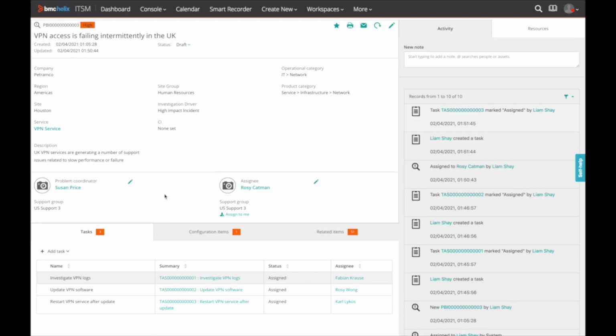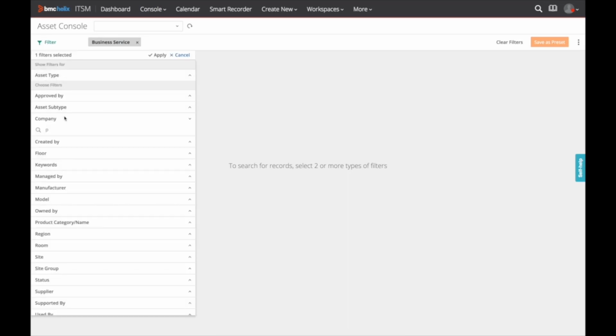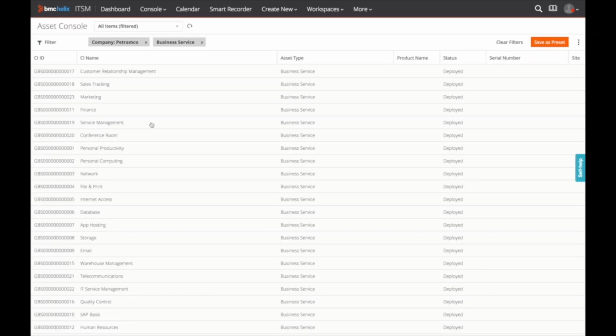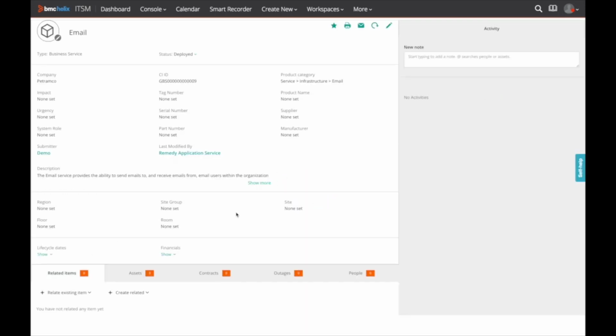Okay, one of the most interesting forms for us to convert was the asset form. You may be familiar with mid-tier having a single mid-tier form for each asset class, and that's pretty unwieldy, very flexible, but it means there's a lot of asset forms in the system. Smart IT simplified that considerably, and so to implement asset in PWA, we kind of had to provide the best of both. So this is the view of a business service, and if I move into edit mode, you'll see